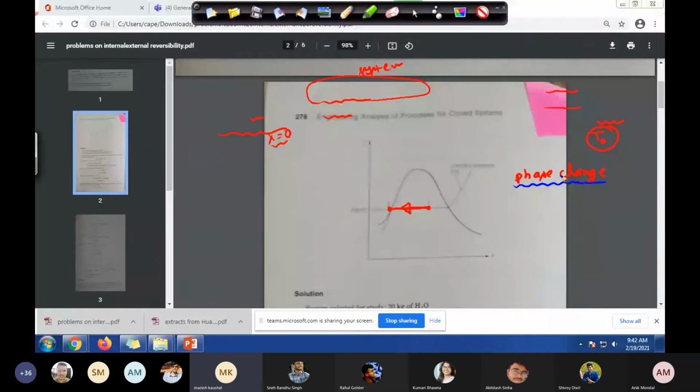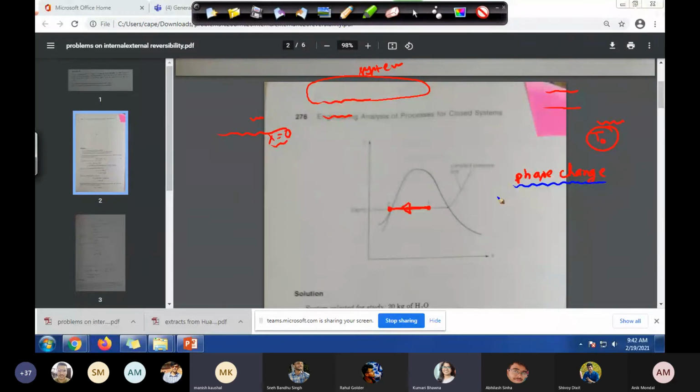You can take an example at your home also. Take ice, complete ice, and see how it melts. It doesn't matter how much heat you provide, it will not take that much heat, it will go somewhere else. It will always happen differentially. That is point number one. Sir, so we can't generalize this statement that if our system and surroundings have a finite temperature difference, then it will always be irreversible.